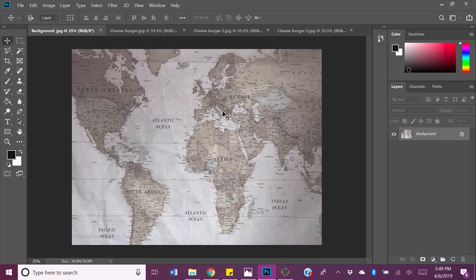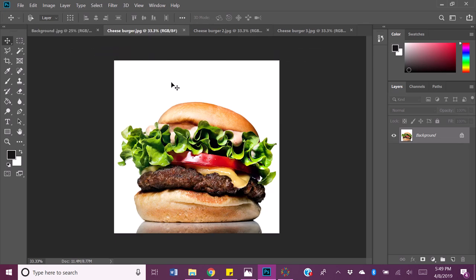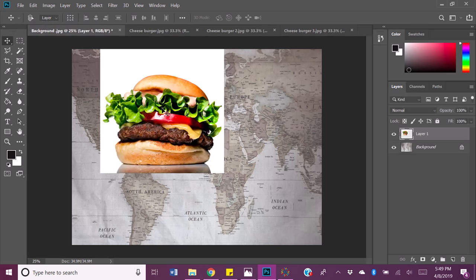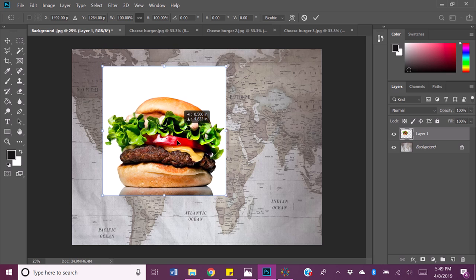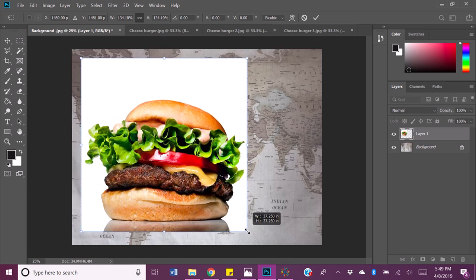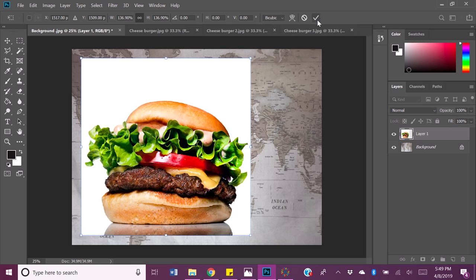Okay, so now that I have my background ready to go, what I'm going to do is click on my first cheeseburger image that I want to drag over. I'm going to drag it from this area here, bring it into this tab, and let it go. Then pressing Control T, I can move it around and change its size. So I'm going to make it about that, click a check mark,